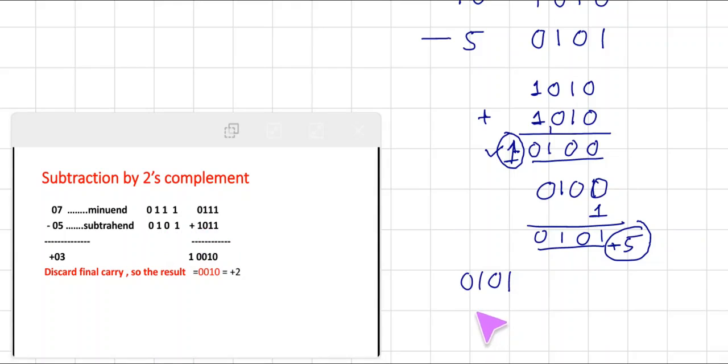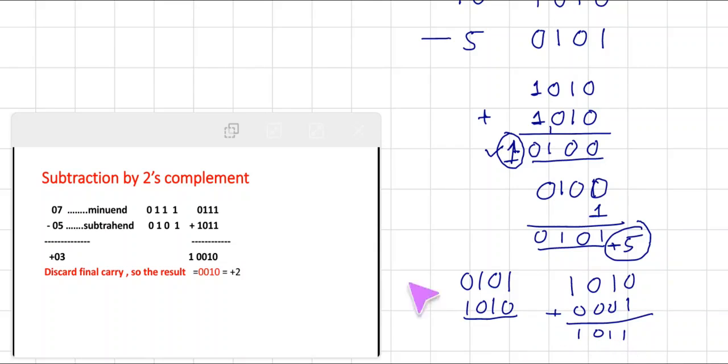Its 1's complement becomes 1010, and to get the 2's complement we have to add 1 to the LSB of this 1's complement form, that is 1010 plus 0001, which gives the result 1101. So this number is taken for the addition. Then we have 1 plus 1, 2, that is 0; here it is 1, 1 plus 1, 2, plus 1, 3, so 1; here it is 1, so 1 plus 1, 2, again 0; here 1 plus 1, 2, here it is 0 and 1.